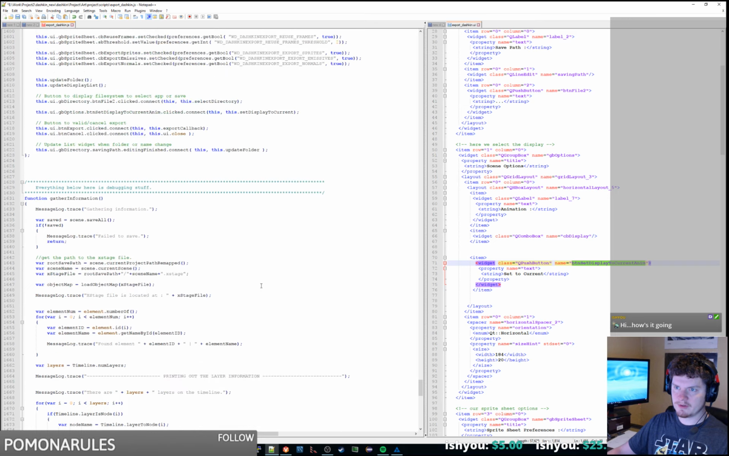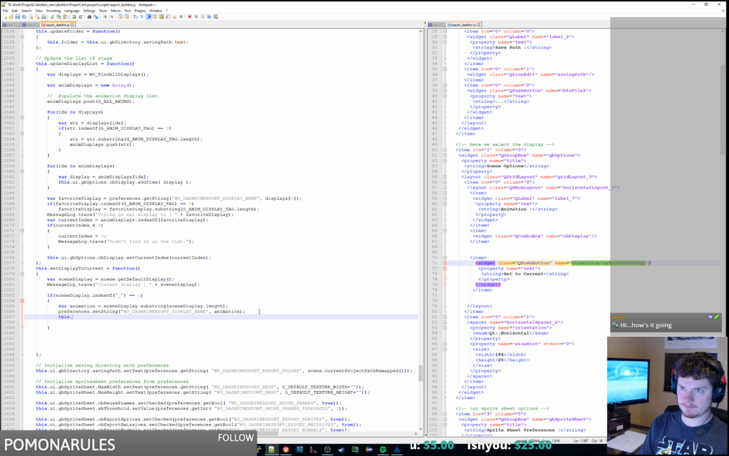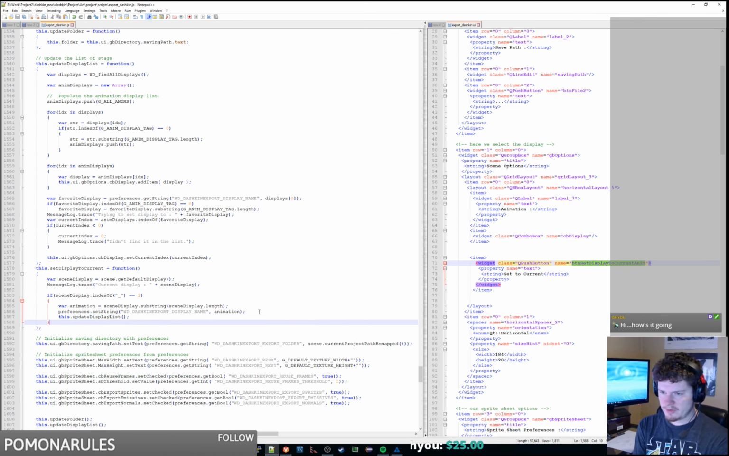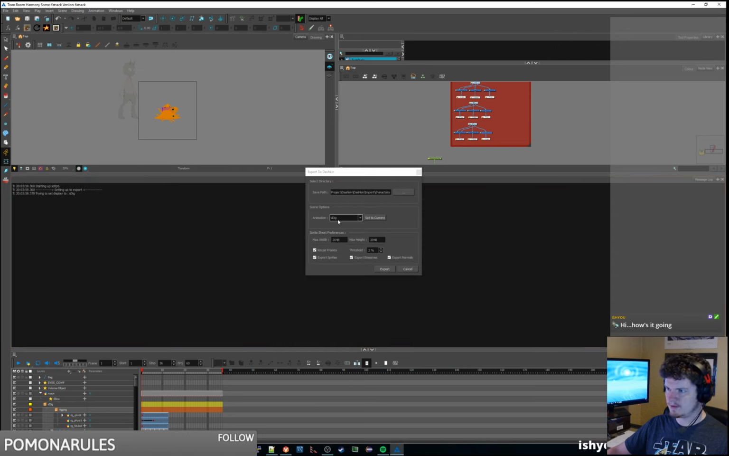And then we will just call our update display list. Hello, issue. It's going pretty good. Right now I'm going through and trying to improve the workflow for Harmony. Basically, right now it's kind of a pain to select what you want and all that, so